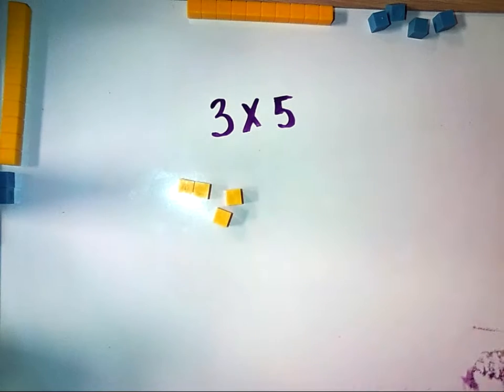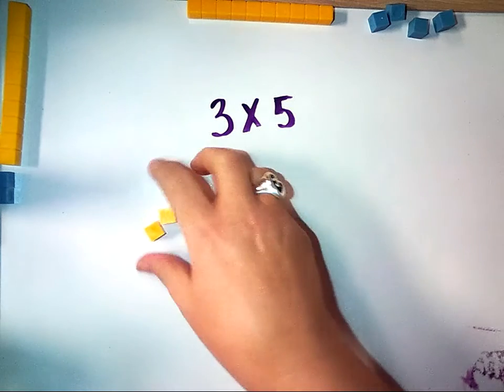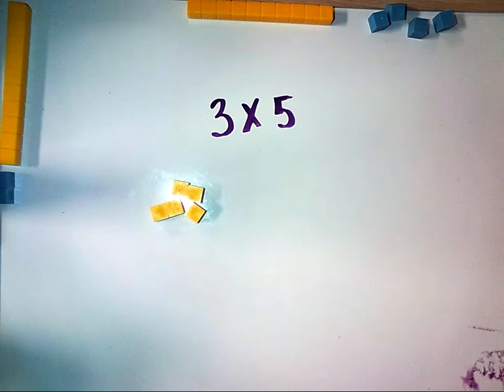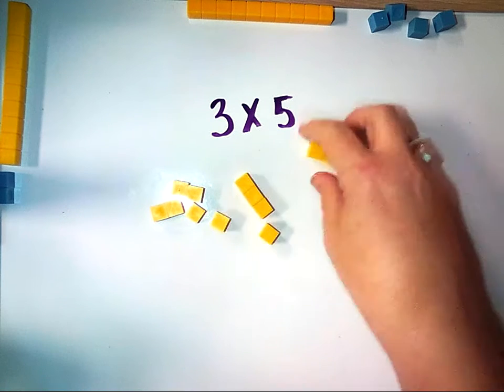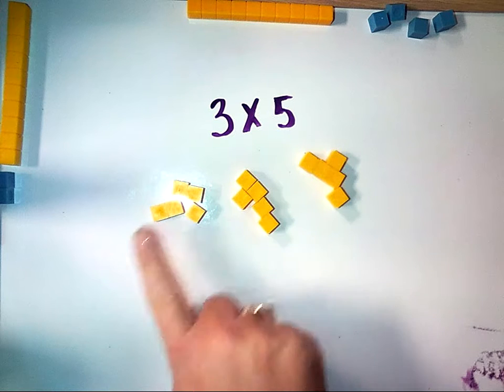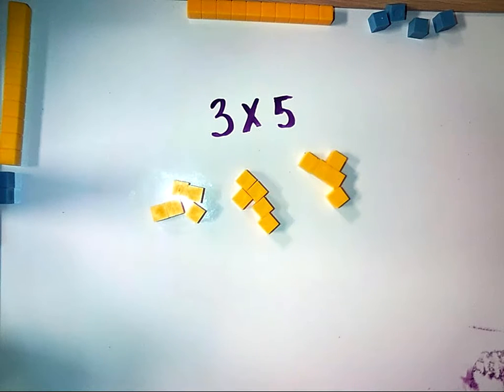So I'll do 1 group of 5. 2 groups of 5. And 3 groups of 5. So, you can count 5, 10, 15. 3 times 5 equals 15. Or,